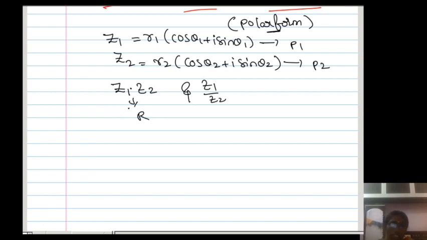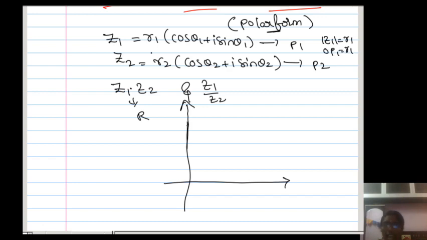In the product case, let us see how to draw the figure. Drawing the figure carefully, you have to write. Now, what is my first one? z1. P1 I want to denote. P1 means z1, according to this, OP1. What is the modulus of z1 here? R1. From this I know that mod of z1 is equal to r1. What is mod of z1? OP1. OP1 is equal to r1 and the angle is theta1.